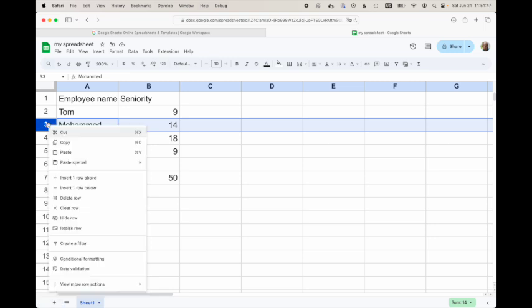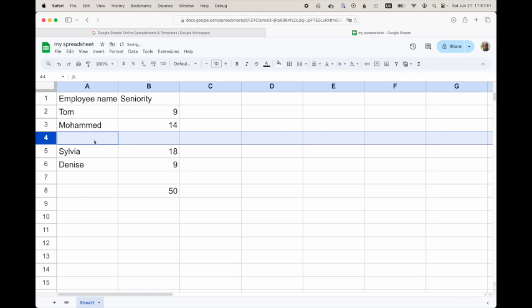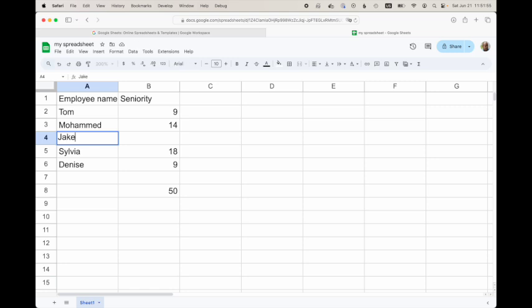If I control click on the number 3 and insert one row below 3, and I add an employee named Jake, and Jake's seniority is 1 year, we'll see that 50 does not become 51, because if we double click on the cell 50,